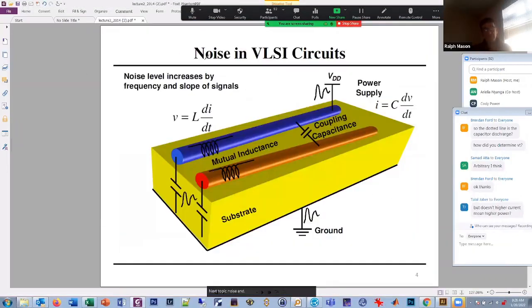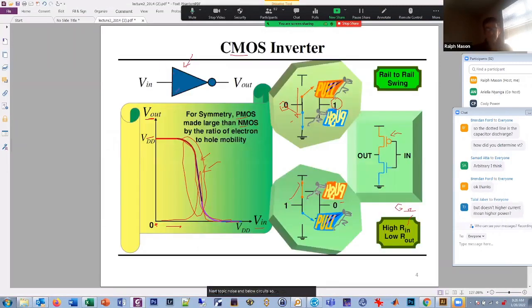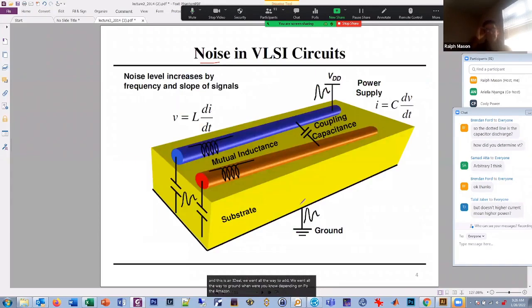in VLSI circuits. So this was ideal, right? This is an ideal. We went all the way to VDD, and we went all the way to ground, depending on whether the P or the N was on. In real circuits, it's not so nice, okay? And this picture is trying to show you, for example, actually, before I talk about this picture, I'm going to